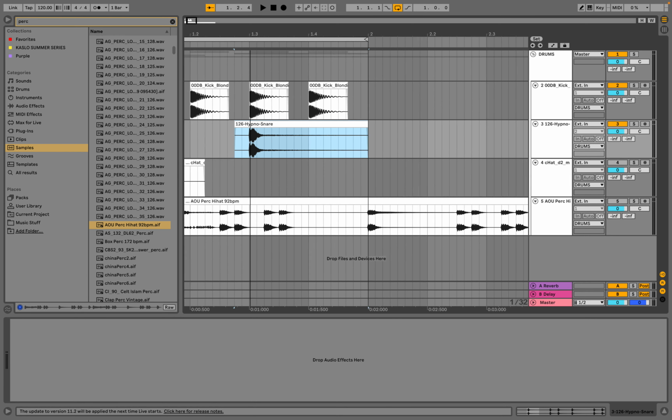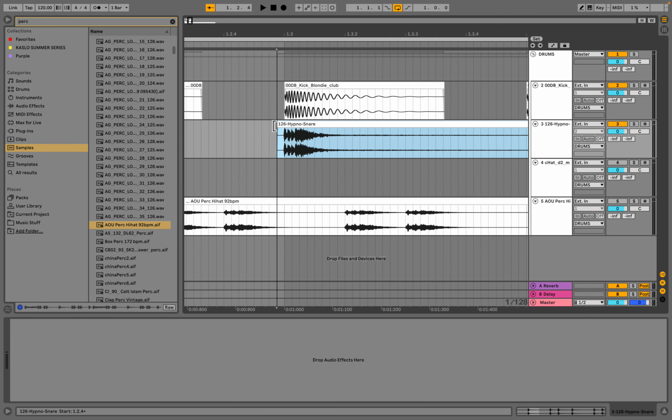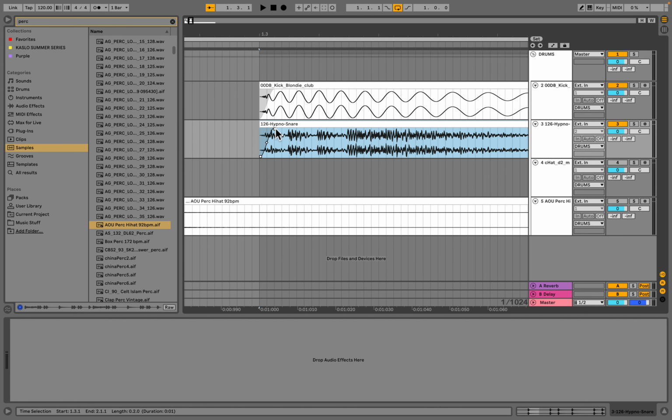But I'm going to be careful not to shorten it too far, because if I add the edge of that clip to the very beginning of this sample, you'll notice that this clip edge has a fade on it, and you can visually see that that's actually taking away some volume from a very important portion of that snare drum hit, the attack phase. And the attack phase of any sound is what makes that sound feel snappy and punchy and oomphy. So I'm just going to make sure that that's dragged over just a little bit,